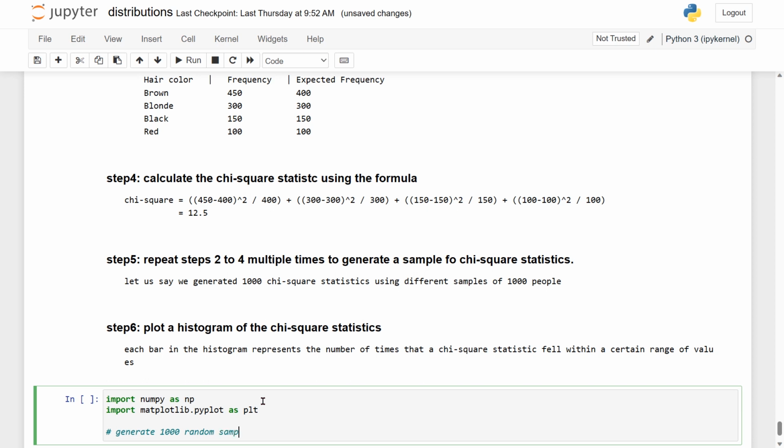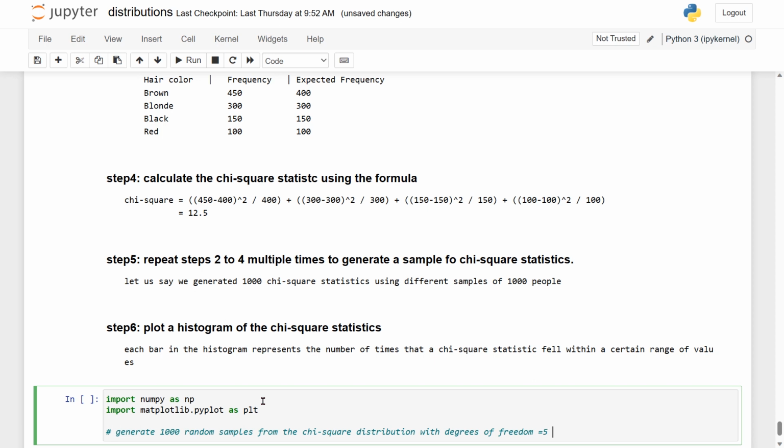This is very important because we want to do it for 1000 samples. So 1000 random samples from the chi-square distribution,